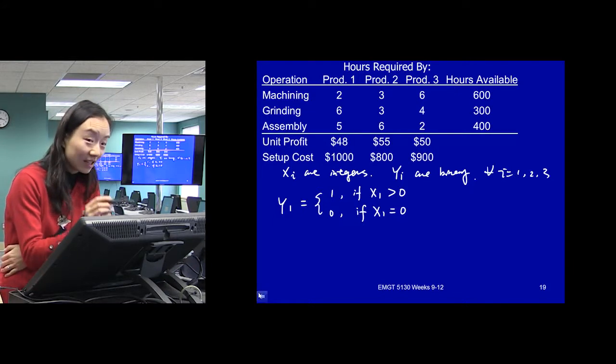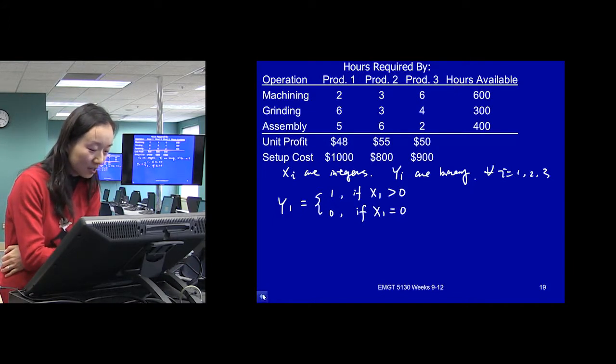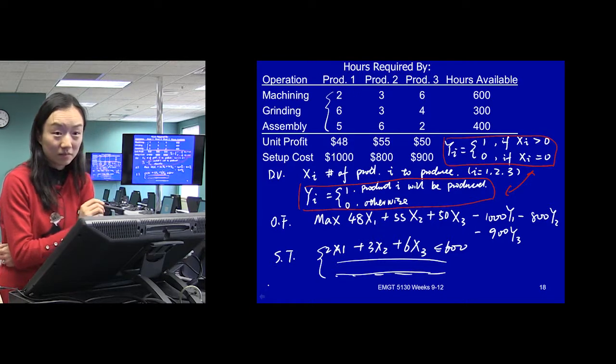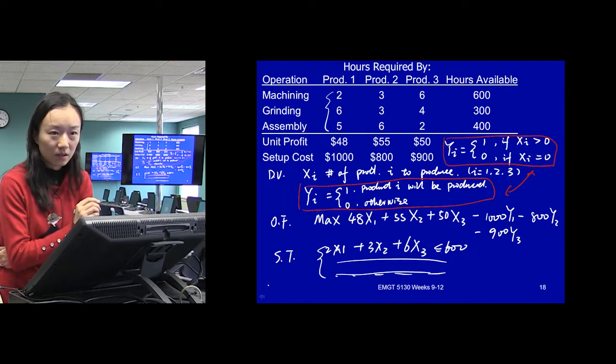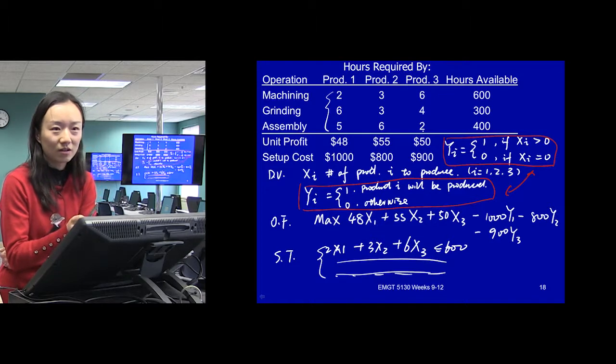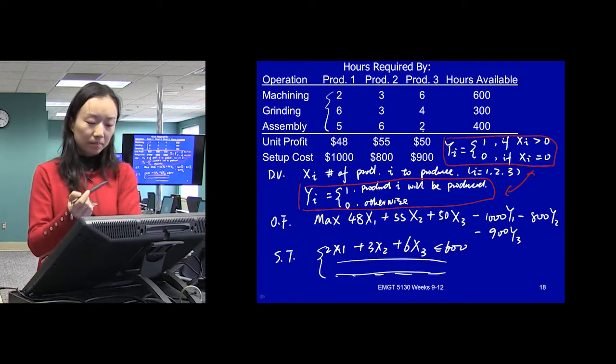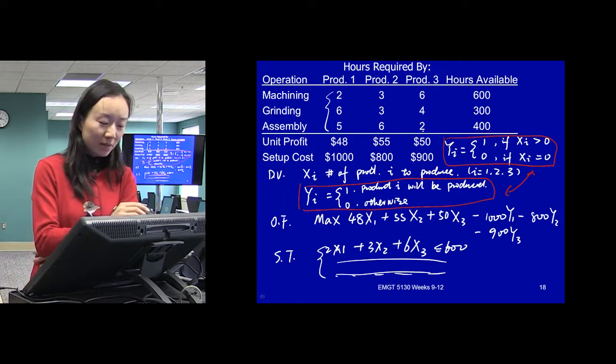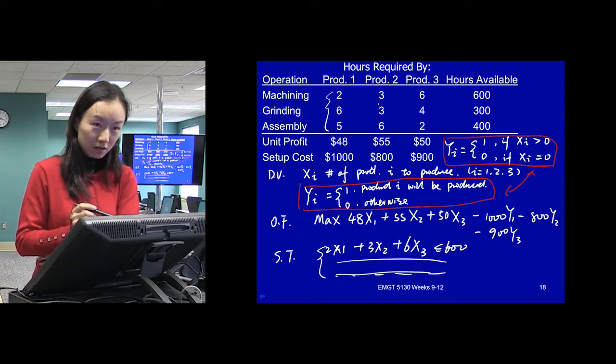So maybe let's find out this first. Are you asking if x was binary, what would be the constraints? No. We'll drop that one. So let's find out what's the maximum value x1 can go.